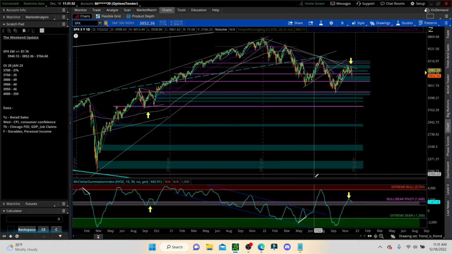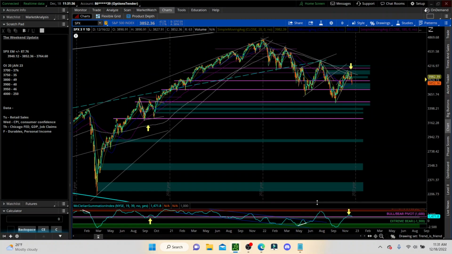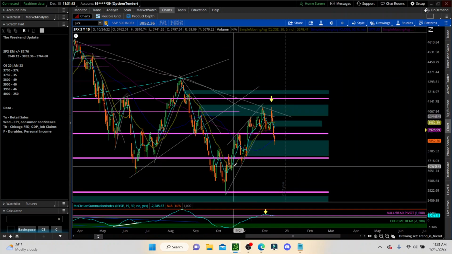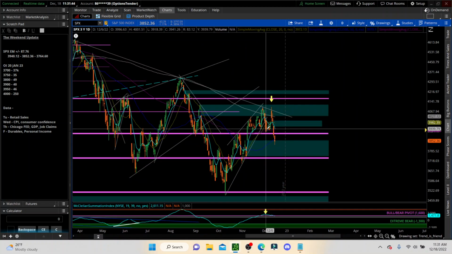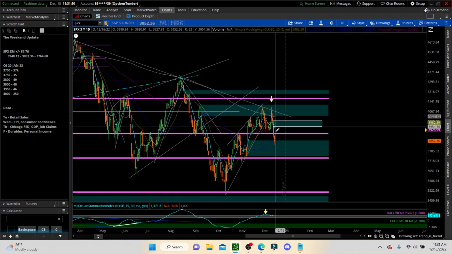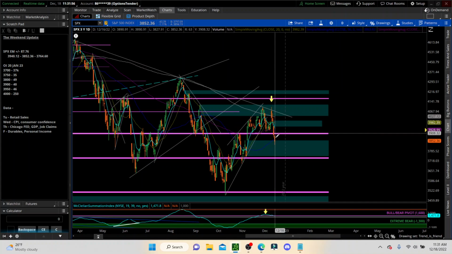This indicator is a super, super good indicator if you want to throw it on your charts. It's the McClellan summation index. All right, we had our wedge, broke down from that wedge, back tested, and came back to the downtrend line. And look at that impulsive move to the downside. So I do suspect this is a wave one impulsive move.